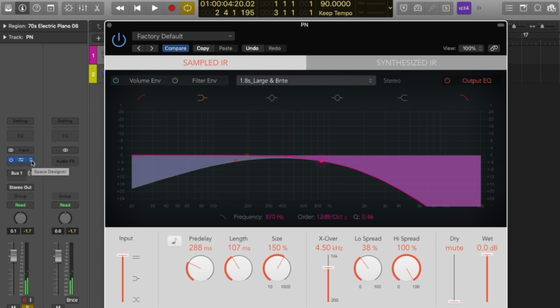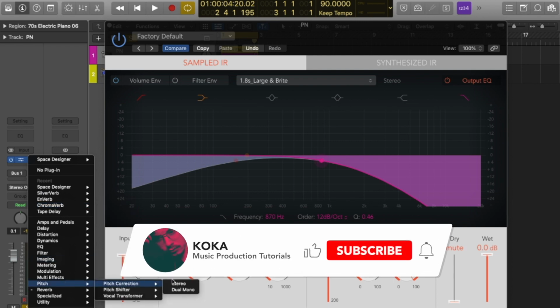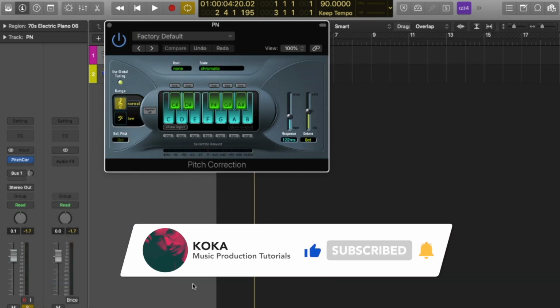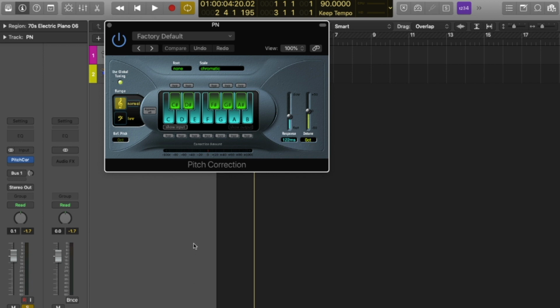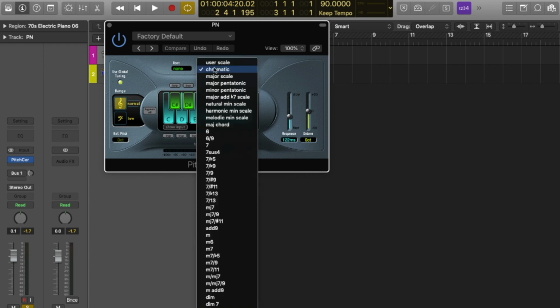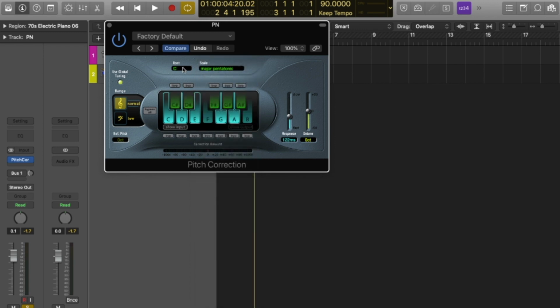Now moving on to the pitch plugins. First we have pitch correction. This is Logic Pro X's own auto-tuning solution. You can choose the scale from here and the notes you're going for. Let's choose, for example, C major pentatonic, or you can input your own scale. You can turn off the notes that are not in the scale, and then you can input your own notes, for example, for an Arabic or exotic scale,